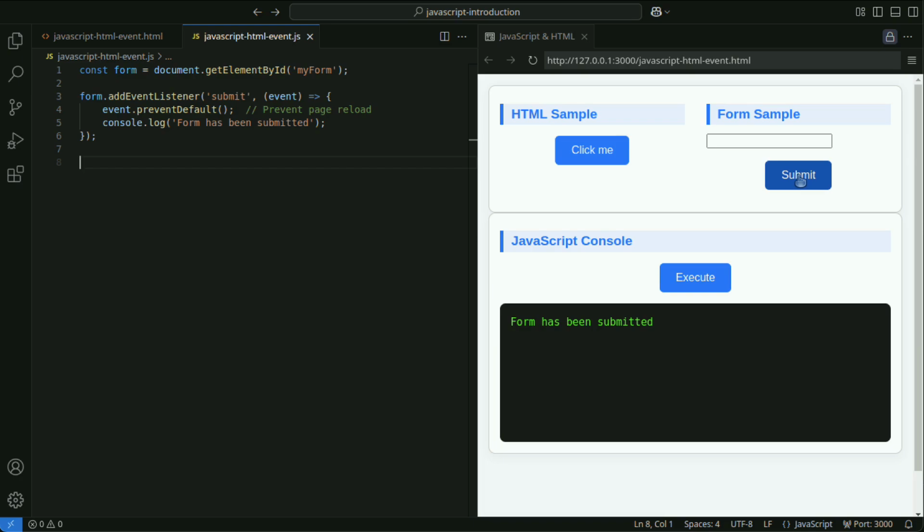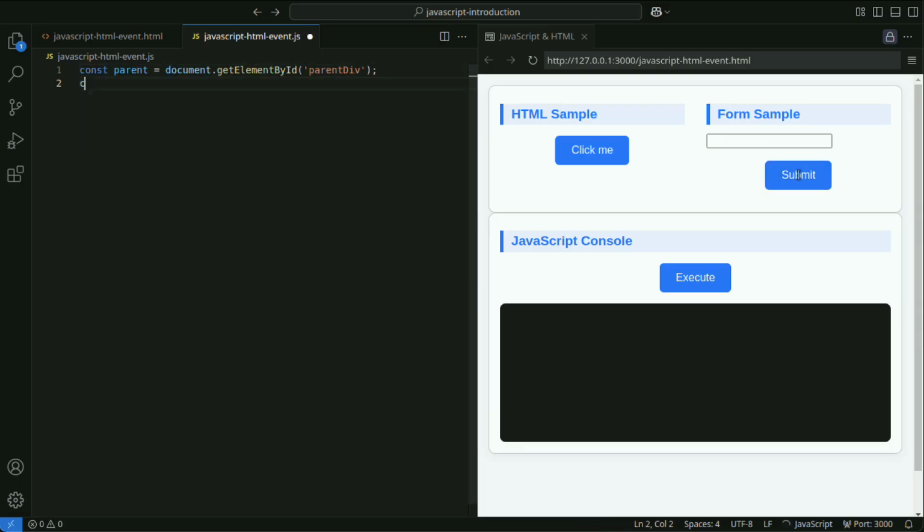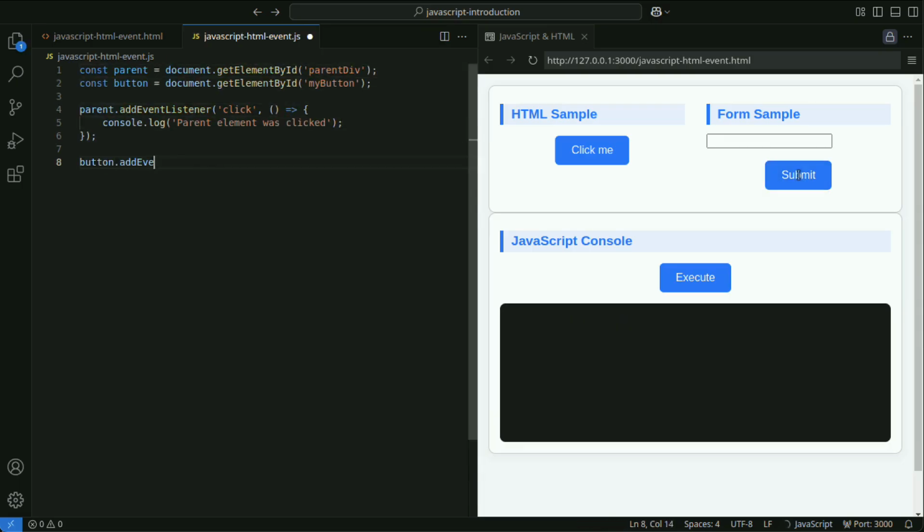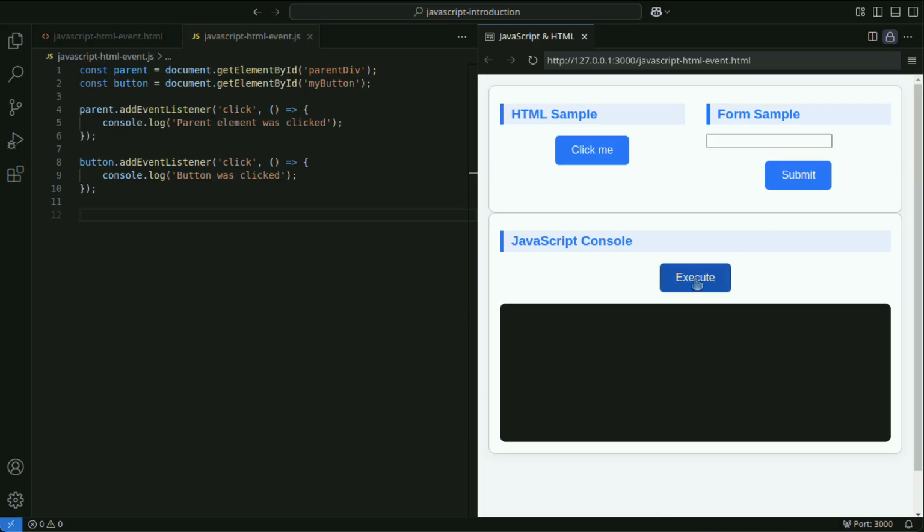This is called bubbling. In this example, when you click a button, the button's event occurs first, followed by the parent element's event.